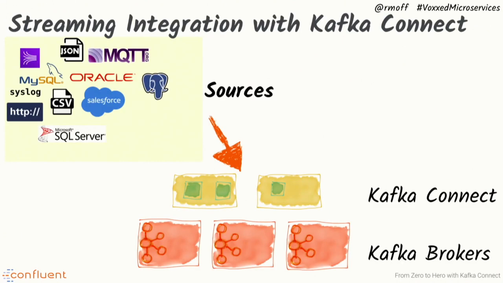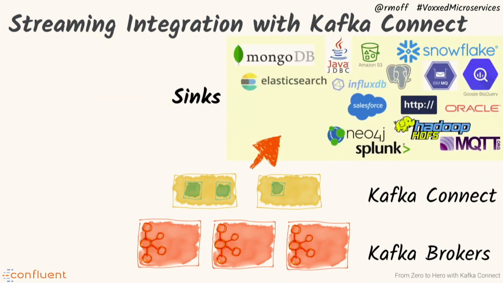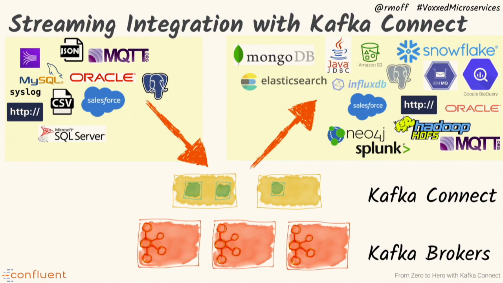So you can use it to get data from systems upstream. You've got data in databases and message queues and flat files and JMS and who knows what. You've got data in thousands of different systems. You can stream it into Kafka using Kafka Connect. You can take data from Kafka and push it down to numerous other systems, out to databases, out to the same database or different databases, or to HDFS or BigQuery or S3 or wherever you want to put your data. And the beautiful thing about Kafka Connect is it's just configuration files. So it means you can actually build end-to-end pipelines using Kafka, integrating different systems, but just with a bit of